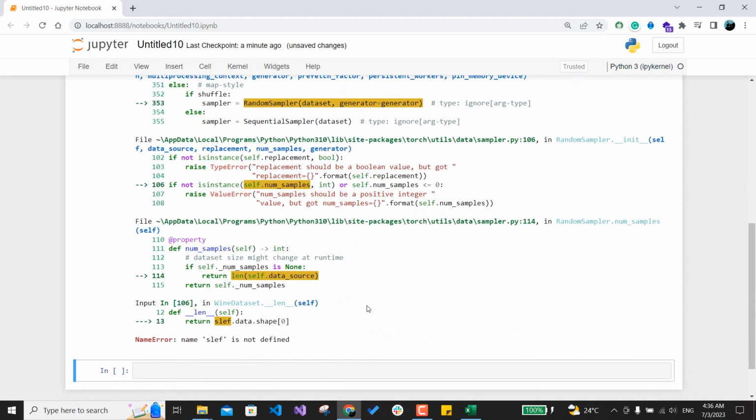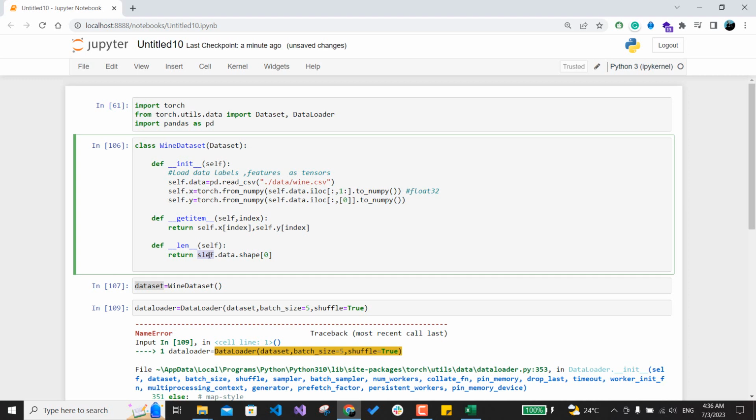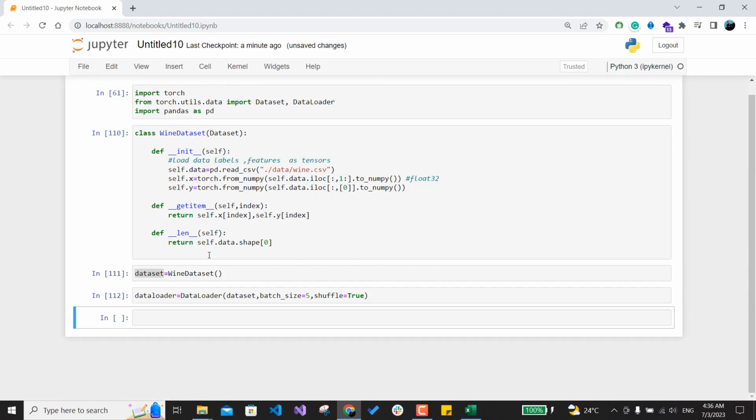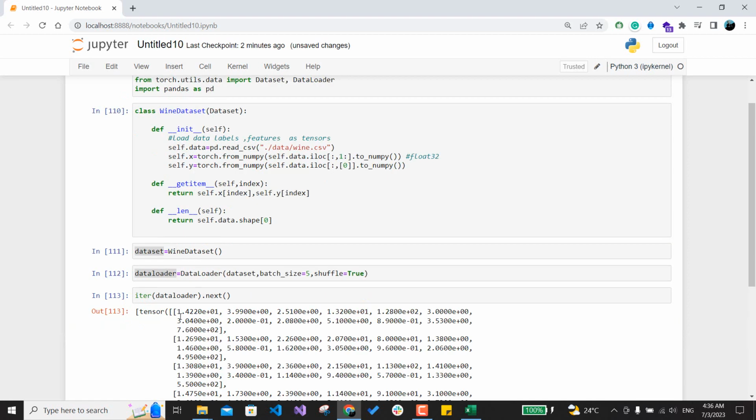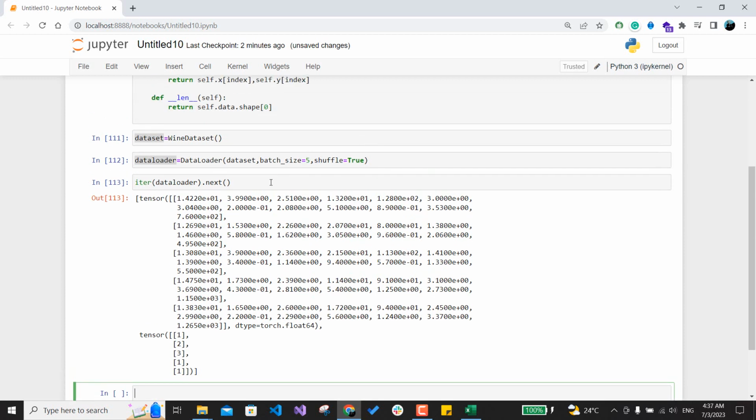Okay, what's wrong now? Okay, we have the cell here. Everything works fine. We need to iterate now over this batch loader. We can make something like this because we only need to see a batch from the data loader. We need to find the next, and let's see it. Okay, so 1, 2, 3, 4, 5, and it's a batch of 5. If we want to see the shape of it,